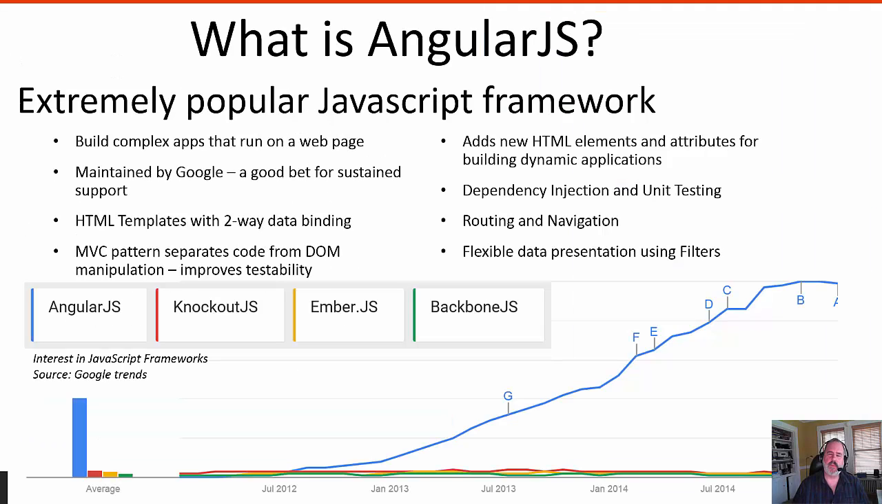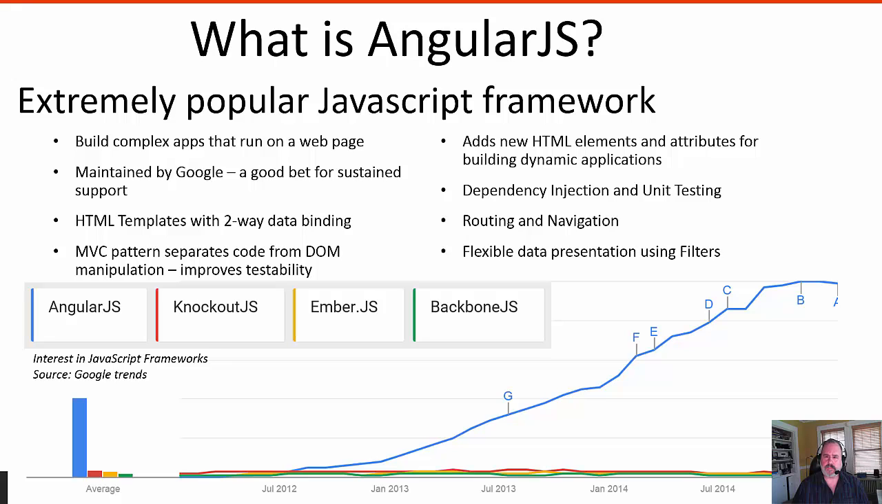What is AngularJS? Well, it's an extremely popular framework. The chart is actually from Google Trends and just shows, based on search traffic, the interest in these different popular JavaScript frameworks. Although they don't really give us an index on the y-axis to see exactly how much interest there is, you can see that over the last few years, Angular has really separated itself from the pack in terms of interest. A lot of enterprises like it because it's maintained by Google, which means there's a good bet that it's going to be supported for a long time,